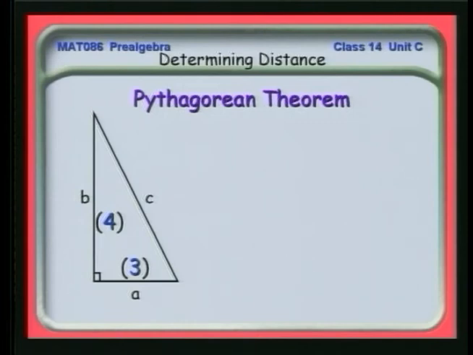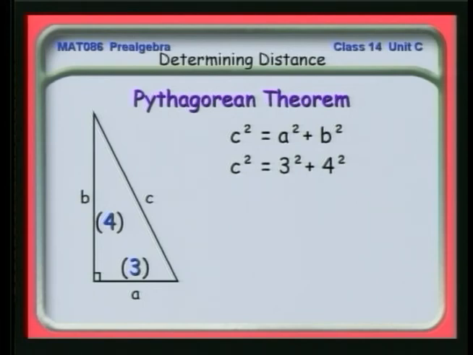We have to make use of the Pythagorean theorem, which we've discussed in earlier classes. Remember, for a right triangle, it always holds that the square of the longest side, the hypotenuse, is equal to the square of one side plus the square of the other. The square of the hypotenuse is equal to the sum of the squares of the other two sides. Ask me to say that fast.